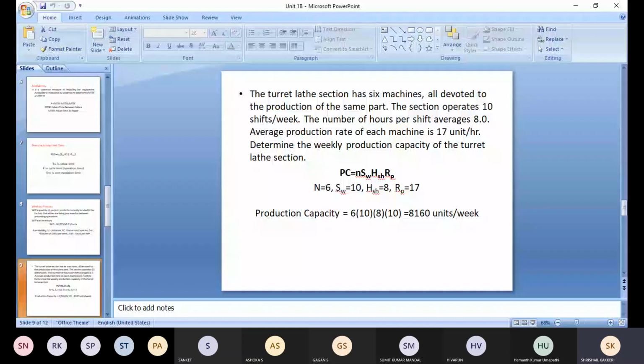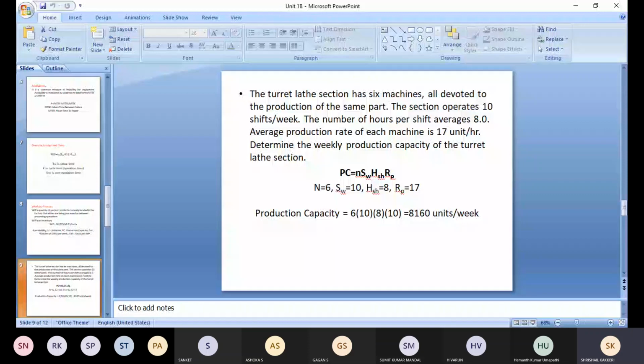Non-operation time will be reduced. That is what the strategy is. And simultaneous operation. Simultaneous operation is doing more than one operation on a single job on a machine. Two or more operations will be done at a time, not one after the other. That will be called the simultaneous operation. And integration of operations. Integration of operations is integrating two machines.